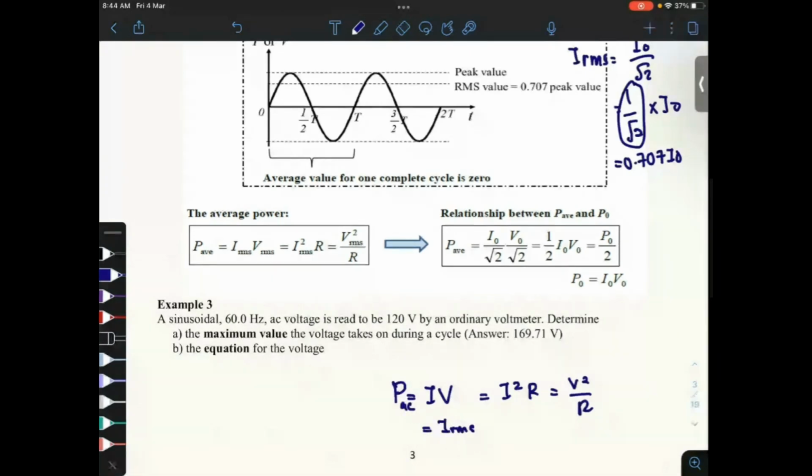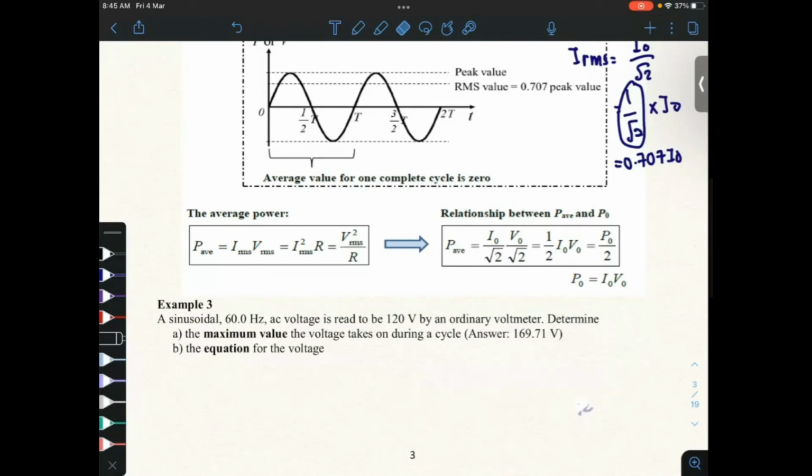Power in the AC. Tapi power in the AC kita kena ambil average juga. Kita tak boleh ambil P dia terus, sebab P dia terus will give you a zero value juga. Dia akan tengah alternate dekat sini. So apa kita buat adalah kita guna relationship dekat sini adalah sebagai RMS. And then begitu juga V, dia akan jadi RMS. Setiap kali jumpa I, kita guna RMS. Okay, however, you can relate your